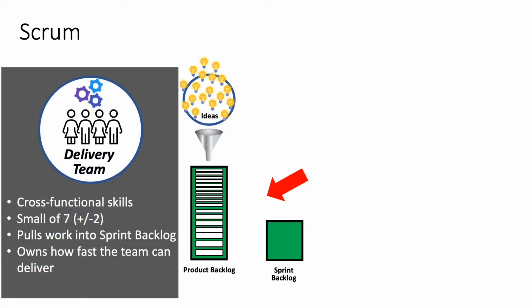The people that do the work of creating the outcomes are called the delivery team. This team size should be 7 people, plus or minus 2. The team often is cross-functional, meaning that they have a wide range of skills to complete the work. While your team might have specialists, we know through team science that team members who are specialists can create weaknesses